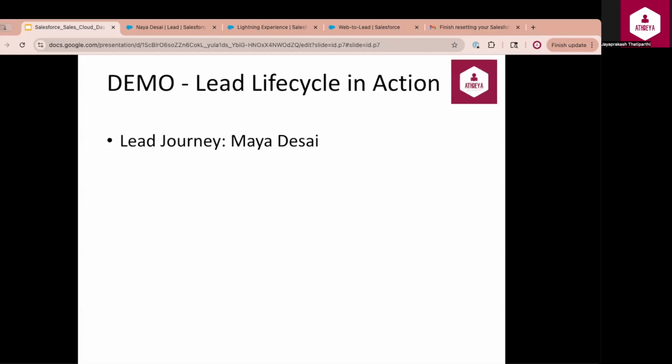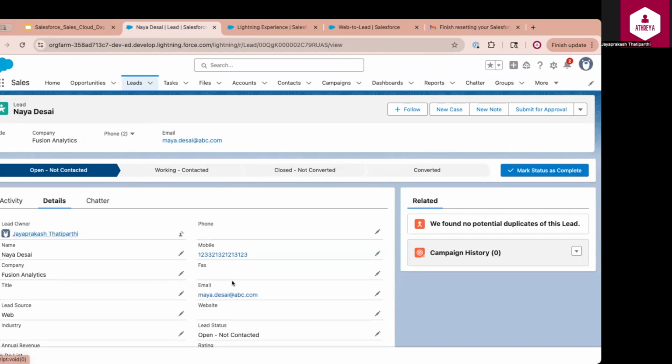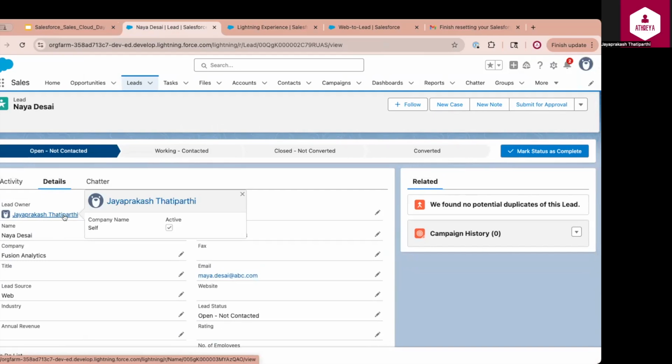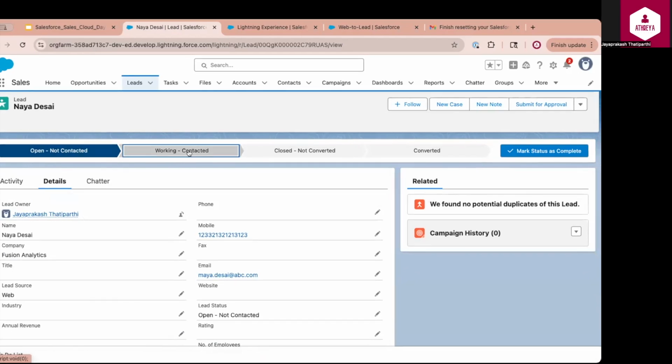Let us walk through the life cycle of a lead in Salesforce, starting with the lead record we created earlier. I begin by opening the specific lead record and verifying all the necessary information is available. Each lead follows a defined life cycle, which starts when it is assigned to the sales executive. The sales executive begins engaging with the lead. Once initial contact is made, then update the lead status to Working - Contacted and mark the related activity as